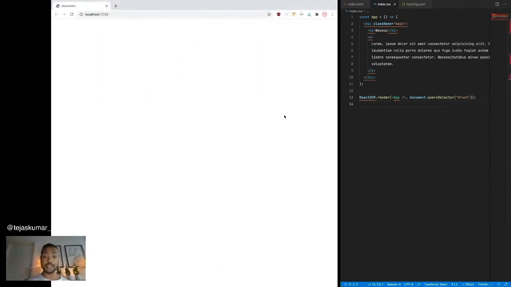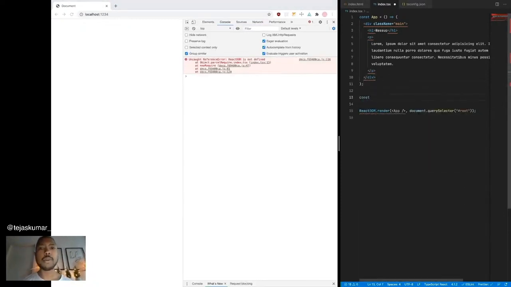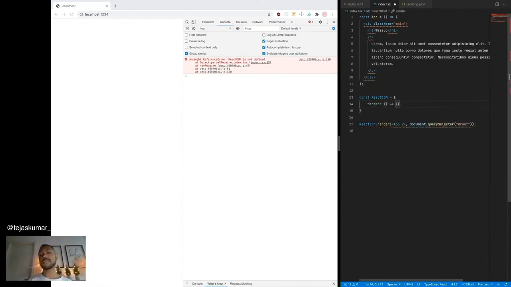Well, we have a blank screen. Let's open up the console. ReactDOM is not defined. All right, let's define it. By the way, we're going to do everything in one file in this talk, just to avoid cognitive dissonance from jumping around. Of course, modular is always better, but I don't like the jumps for this talk. All right, and we'll say render is a function that does something. You happy? React is not defined. How does it even know to look for React?